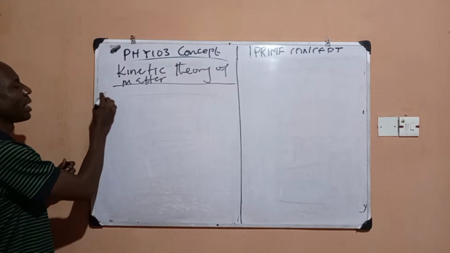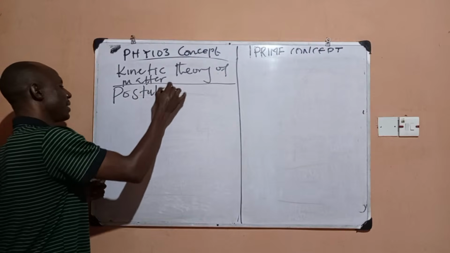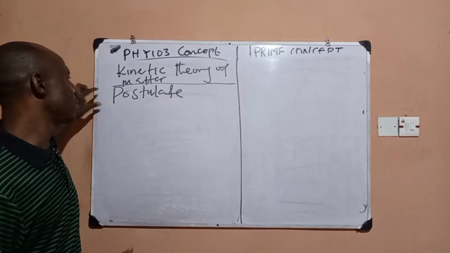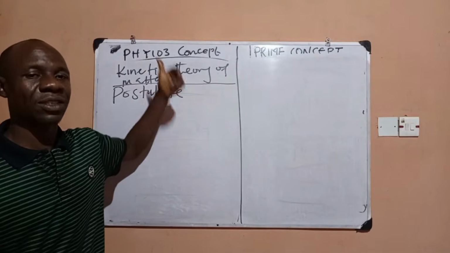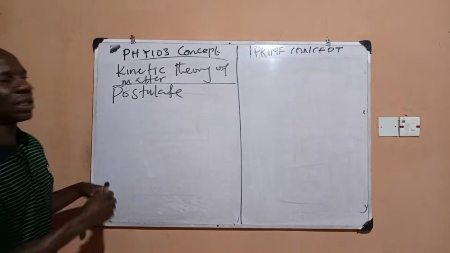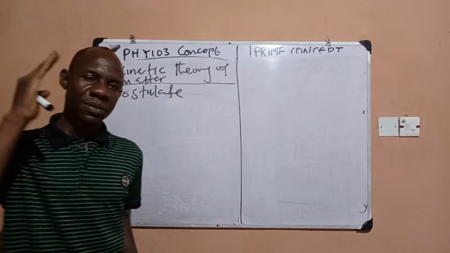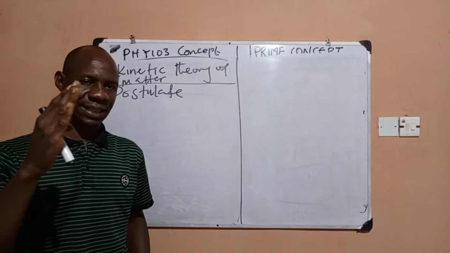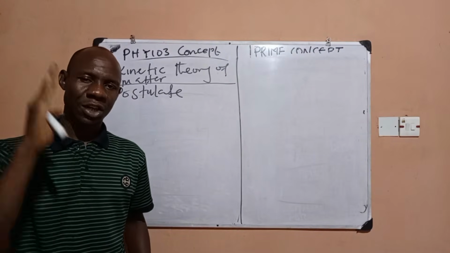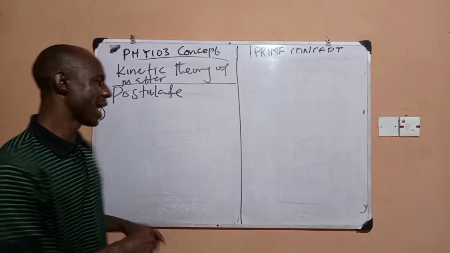To look at this, we're going to look at the theory. Kinetic theory made some assumptions, which you can call postulates. It gave a background for which the theory would hold. If you remove these assumptions, the theory will no longer hold. Kinetic theory would hold under the following assumptions. Number one: the particles of a gas, we are studying gases, are in constant random motion. The particles of a gas are in what?